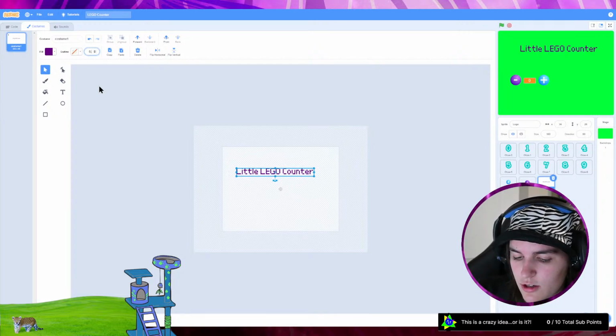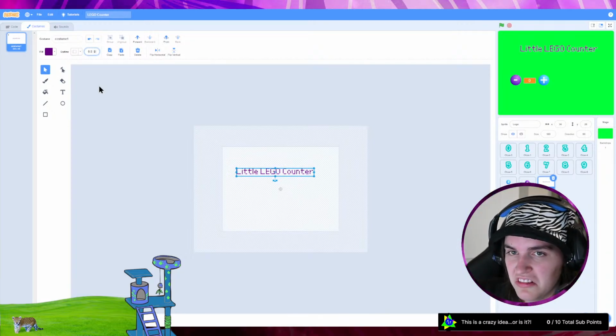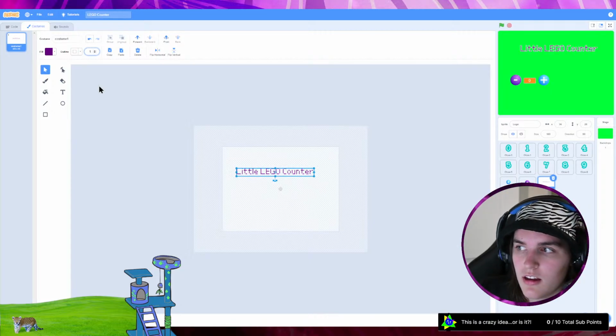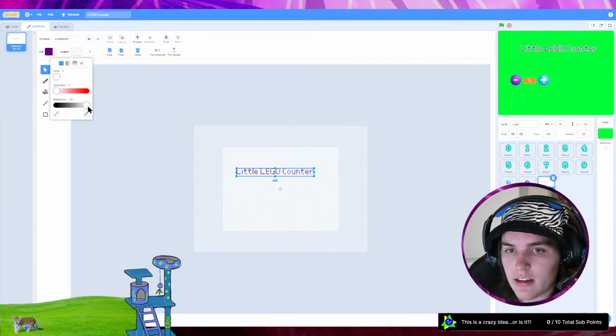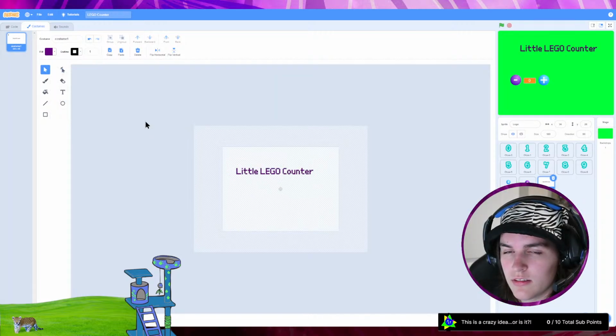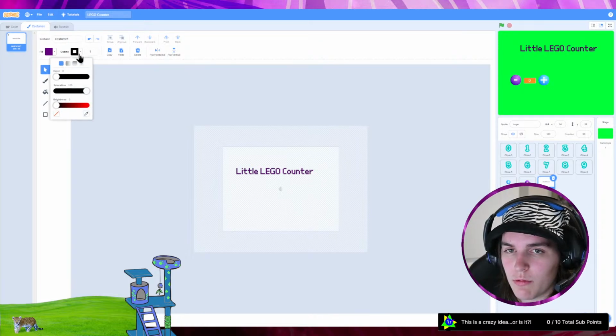Okay, can I do 0.5 maybe? Ooh, I don't like how that looks. I guess maybe 1, but okay, let me actually try black. White might just not be good. Okay, I'll go with white for now, I guess.